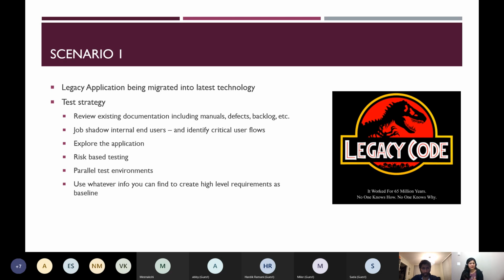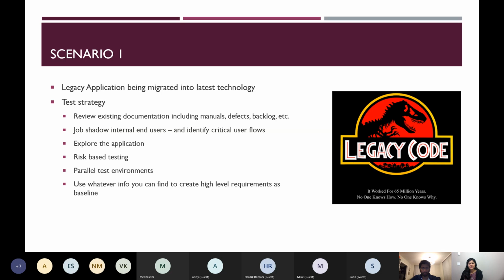We may have some defects in the backlog, or some information lying somewhere that we can possibly dig up. The other approach that worked very well for us was to job shadow internal end users. And this is an example I gave a couple of minutes ago as well. Let's say our customer service agents are using the same portal, then we'll sit with them for some time, 1 hour, 2 hours, as long as it takes to get the information that we need, to just job shadow them and see how the application works and to identify the critical user flows, which we can then prioritize and pay more attention to,